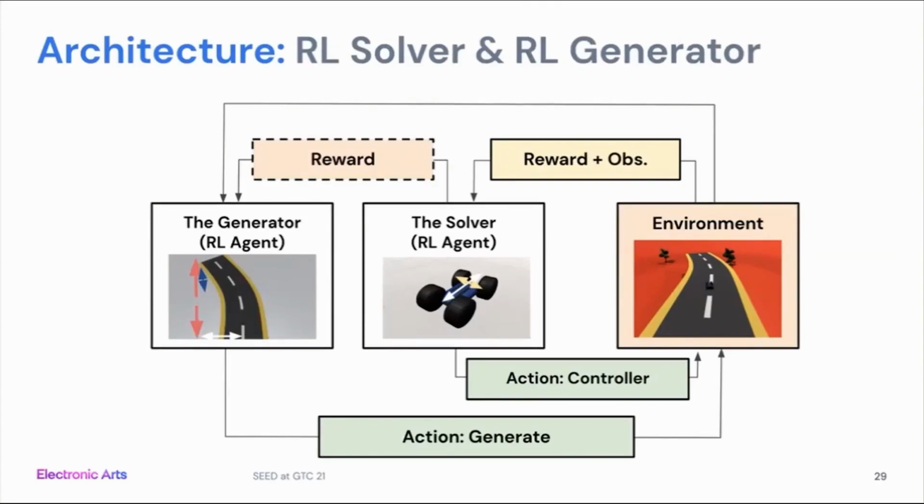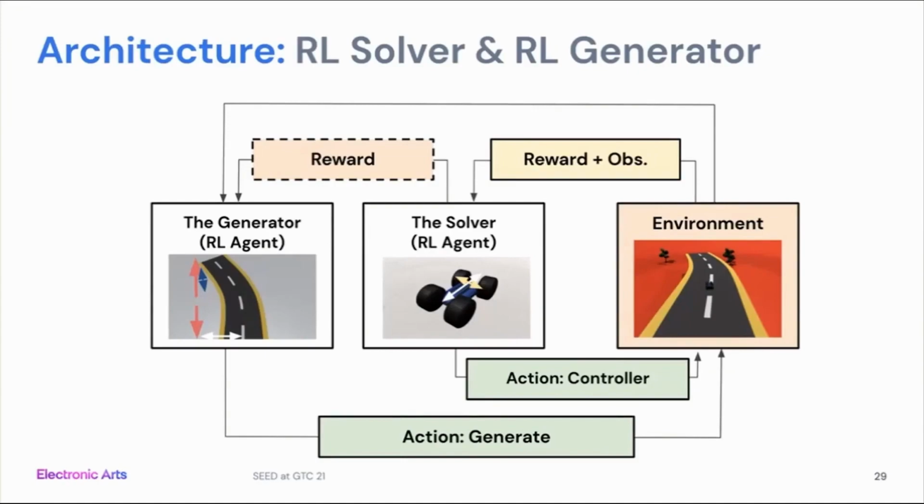So it generates the map in sequence. For example, generation for a racing game would be the banking, the turning, the distance, how long the segment is. And you get reward both from the environment. For example, the environment could give a negative tick at each time step to further hasten the generator to make a quick map,